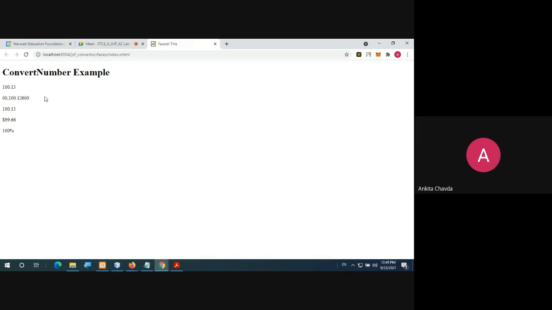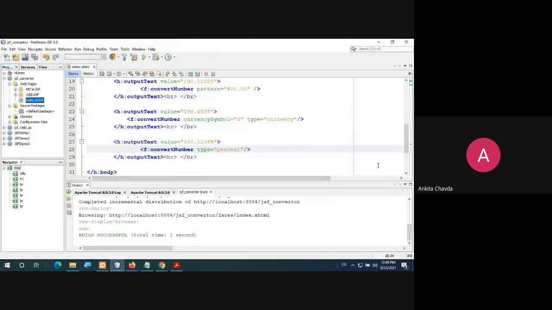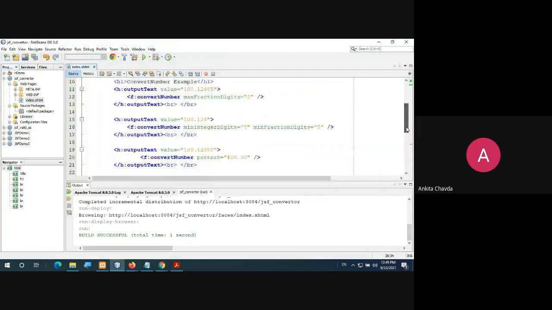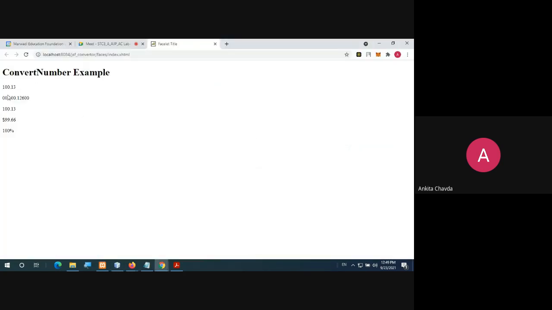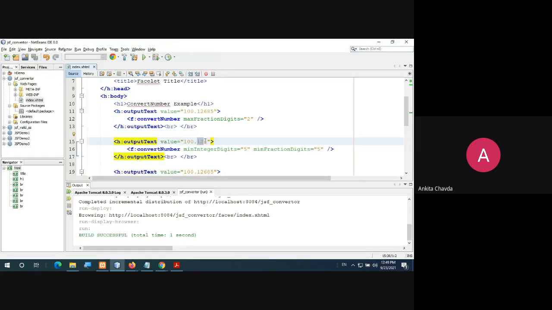Okay. In the first one, I'm having only 2 digits because I have given 2, though I have given 5. Fine. In the second, it's adding 2 zeros at the front because I have given 5. And here also I have given 5. So though I have given only 3, they will insert 2 more zeros there for the minimum integer digits.